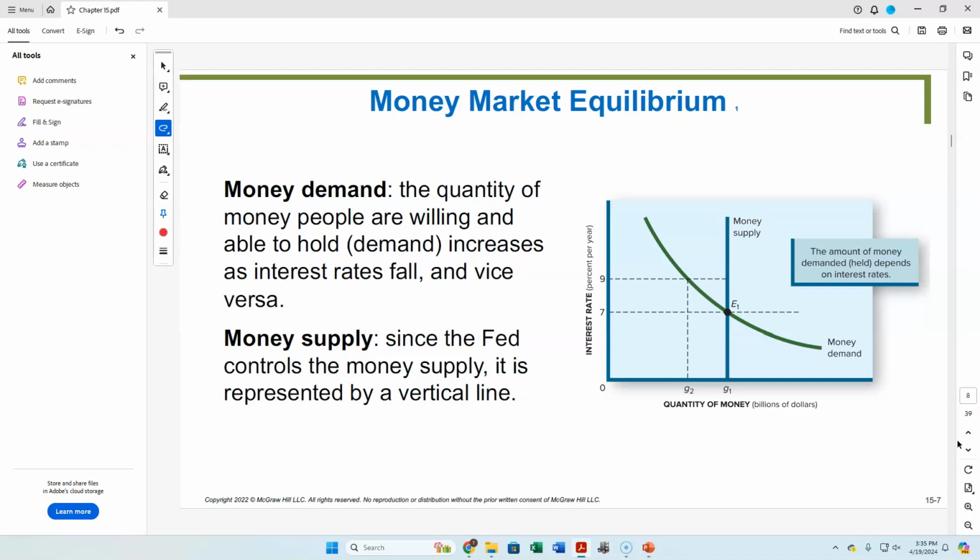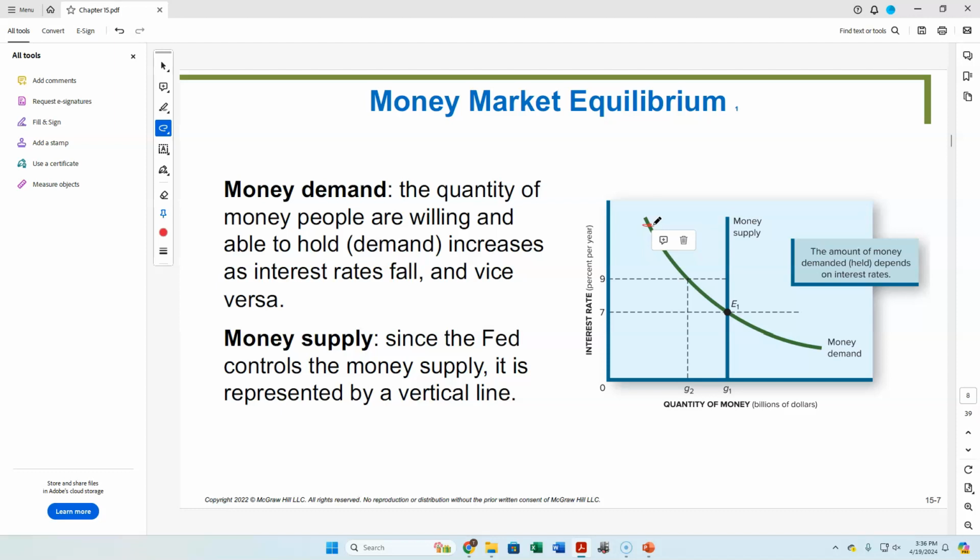And so, as you can see here in our very general money market, our money demand is downward sloping. Now, why is that? Essentially, as the interest rate is higher, people don't want to hold as much cash. Why? Because the opportunity cost of holding that cash is now higher. You could put it in a savings account and earn much more. So why would you want to hold it in your pocket instead?